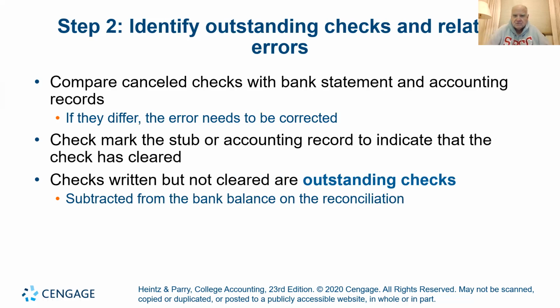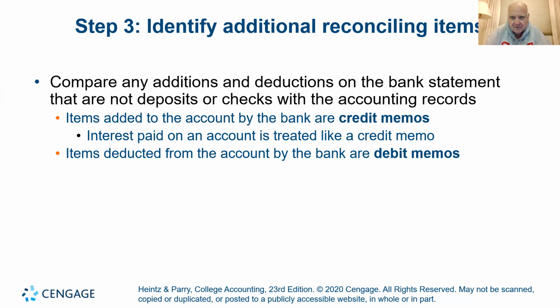Same thing with the outstanding checks. You're going to look at every single check you wrote, one by one, and you're going to cross them off, and compare it to the bank. Most computer systems will link up with your bank, so you probably have this online. You're going to say, okay, this check is on the bank statement. I'm going to click it out of my module here, and click it out of the bank side, and make it that much easier. Okay. Outstanding checks. And then other reconciling items.